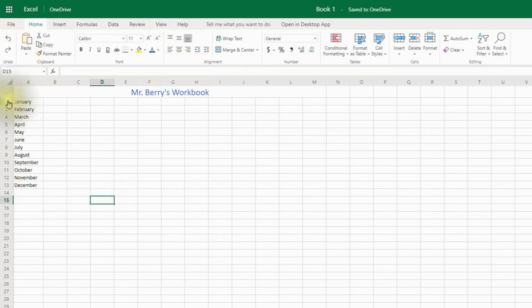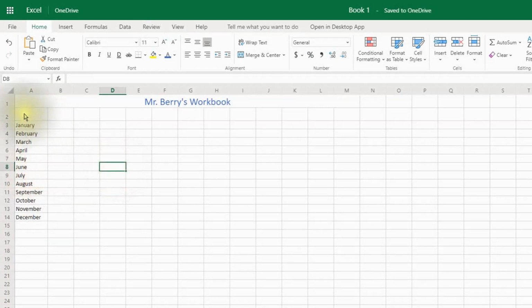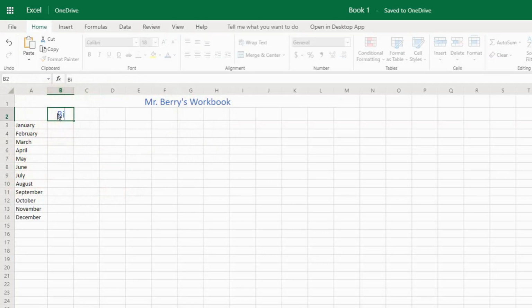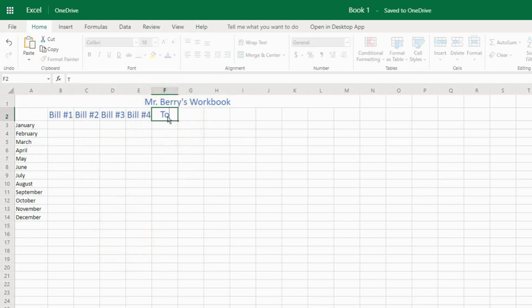Now what I'm going to do is add another row here. So I'm going to right click the second row, number 2, say insert row, and I've got another row here. So now I'm going to type in bill number 1. If I want to drag this across, let's say I have 4 different bills, and I'm going to have the word total,